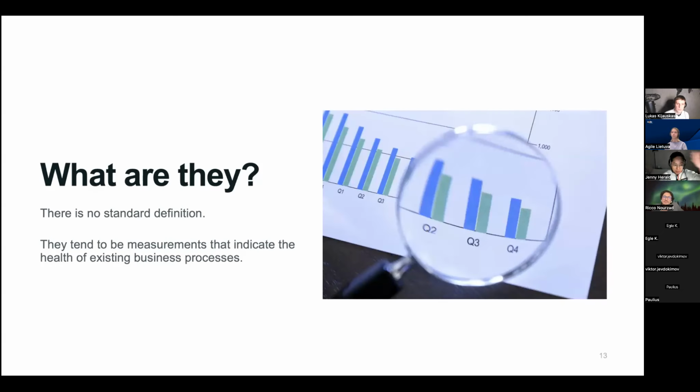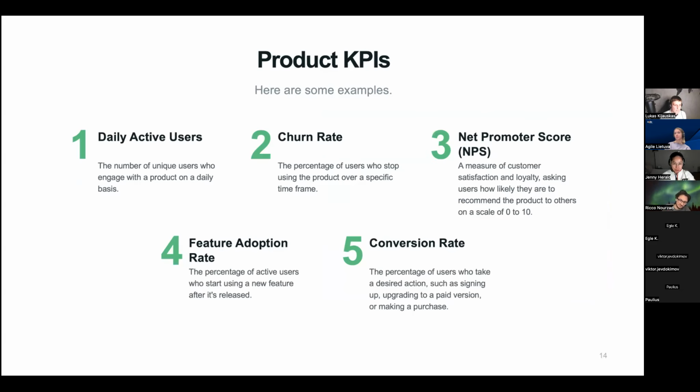Now, if we were to talk about KPIs, there really is no clear definition that I've found. But they do tend to be measurements that tell us that our business processes, the way that we currently conduct our operations, is healthy. In our product environment, we tend to talk about KPIs in a lot of different ways, but a few that make sense to me are daily active users. Are we churning? Are our people satisfied with our product? NPS. Are people adopting the features that we're building? Do we see conversion happening? If there's a paywall, do we see them actually upsell, right? All of these things we are measuring to some degree in KPIs.